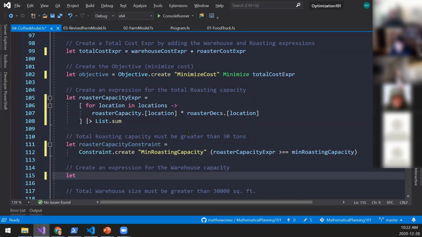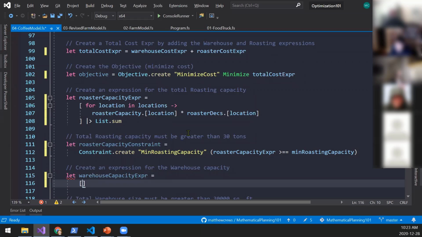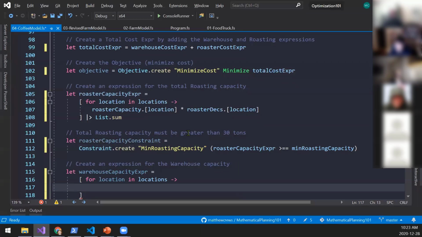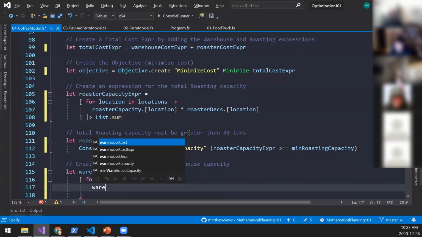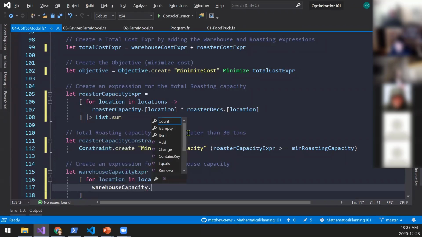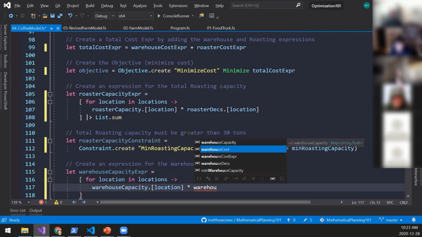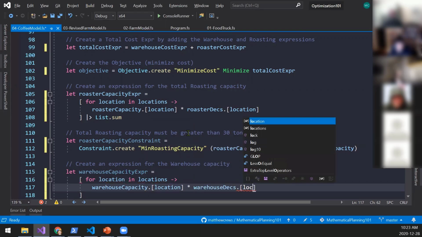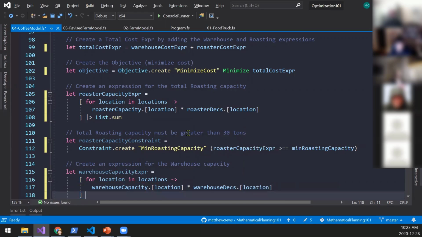And then I need an expression for warehouse capacity expression. And this is going to be for a location in locations, warehouse capacity at location times warehouse decisions for location, list sum.